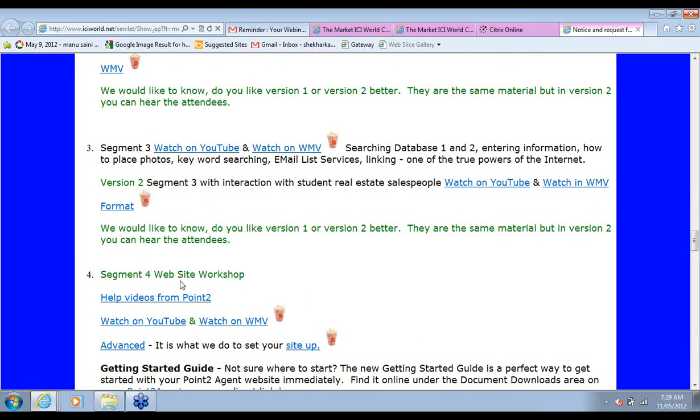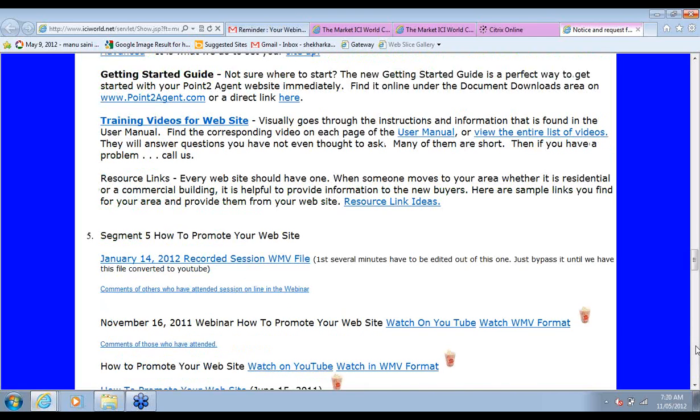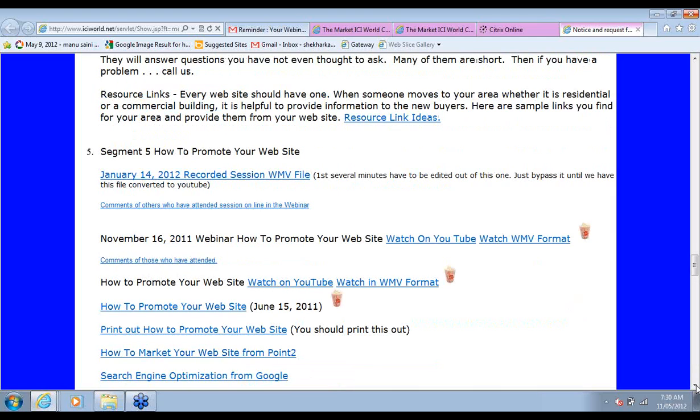And then there's a little workshop on the websites that we create. If you want to get a jump on the websites, make sure you get the website from us first, and then you can listen to the website workshop. You don't have to wait till the next session. And then one of the most important items will be how to promote your website. Once you have a website, what good is it if you don't have anybody going to the website? So we have a once a month session every single month for the next 2 years. Everyone should take it every single month, how to promote your website.